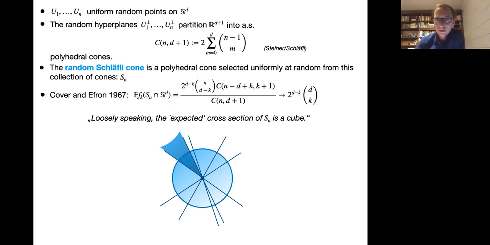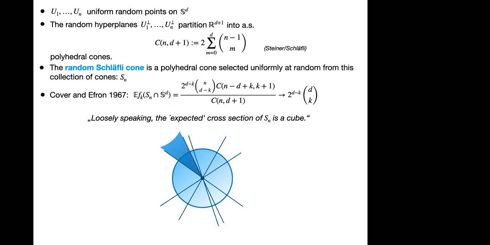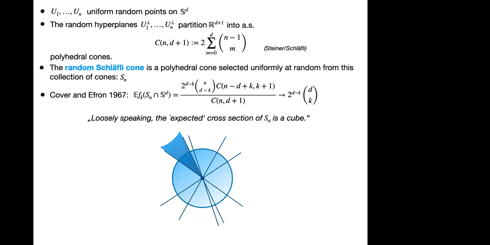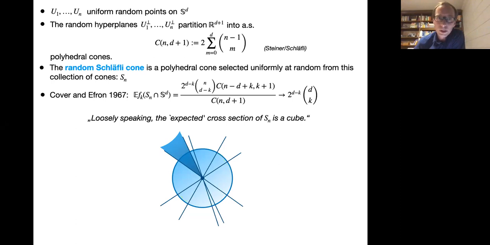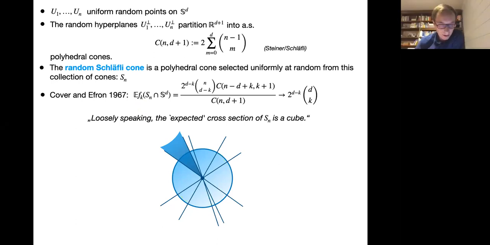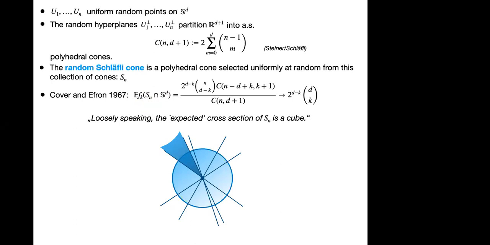Yes, there's a question? Yes, f-vector of a cone is k-dimensional face, right? Sorry? The f-vector of a cone is k-dimensional face, am I right? Yes. Okay. Yeah, so the f_k of a cone is the number of k-dimensional faces of this cone, and f_k of the spherical polytope is the number of spherical k-faces of this polytope. Thank you.